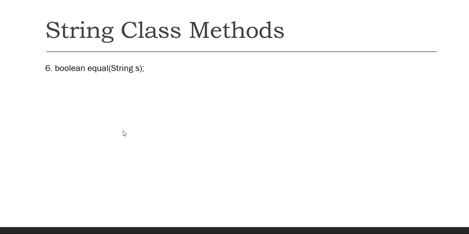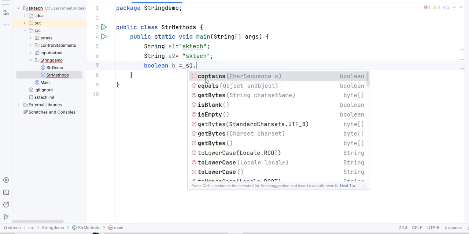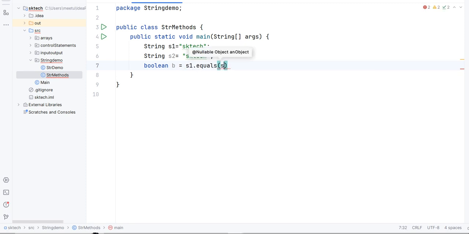First of all, we need to see the syntax. Here the return type is boolean, the method name is equals, and it is expecting another string. To use it, we first create a boolean variable. Let's say boolean b equal to s1.equals(s2).